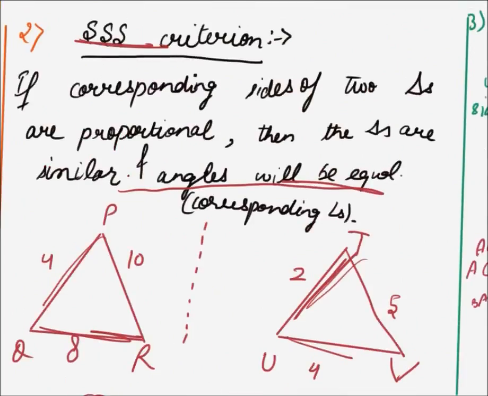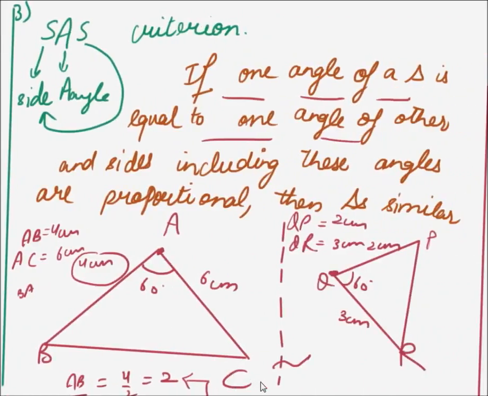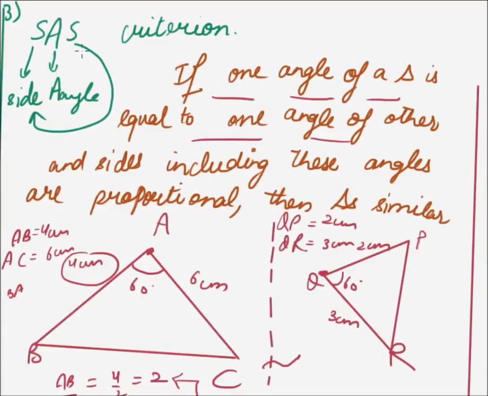Then we studied the second criteria, the SSS, the side criteria, which said if corresponding sides of two triangles are proportional, then the triangles are similar and the angles will be equal. By angles we mean the corresponding angles. The third and last criteria we studied was side angle side, SAS criteria. It said that if one angle in the two given triangles is equal and the sides including these angles are proportional, then the triangles will be similar. And if the triangles are similar, all the angles will be equal and their corresponding sides will be proportional. And then